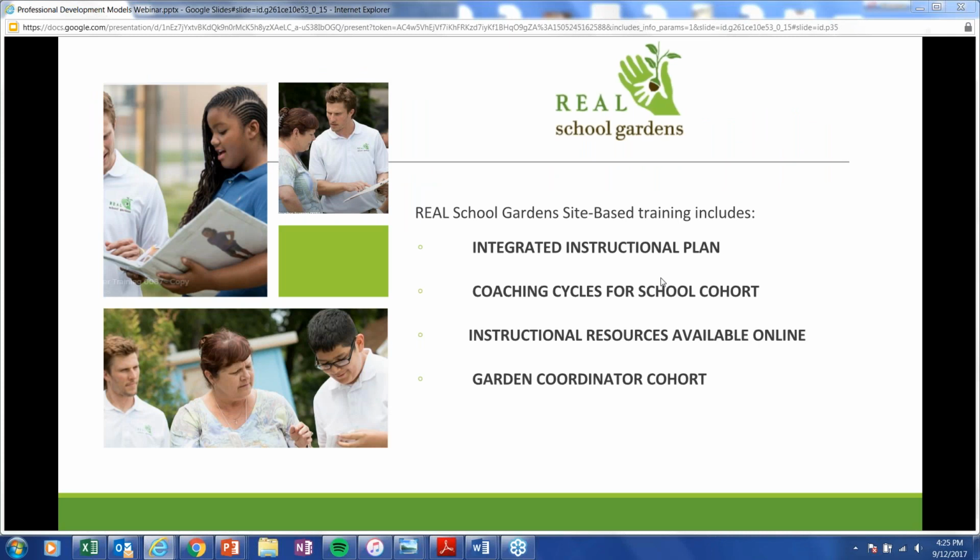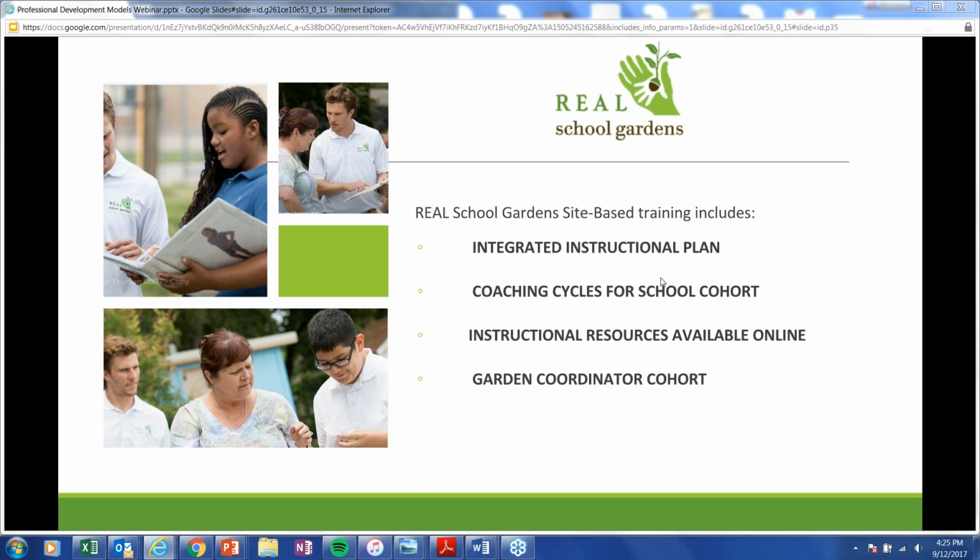And it's really interesting because we also do teacher training and site-specific PD, but our focus is a little bit different at Real School Gardens. So we use the gardens and the outdoor classroom as an instructional tool. So we don't explicitly teach gardening, but we utilize what is happening in that garden through a multi-year partnership where